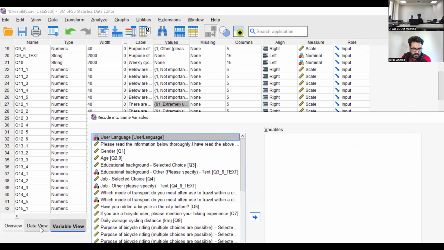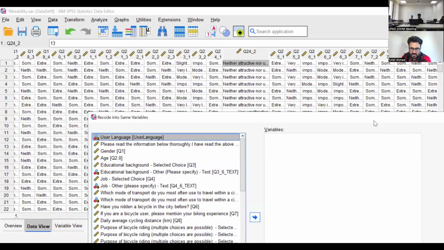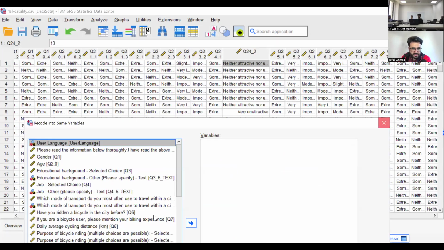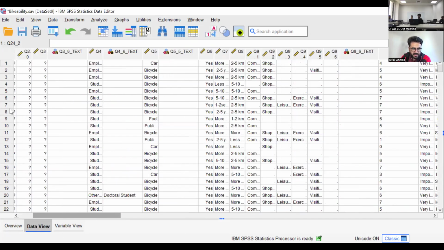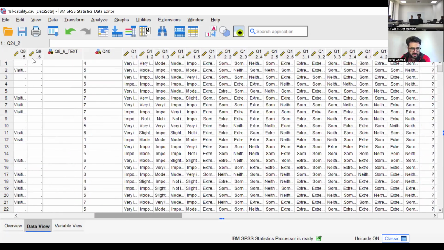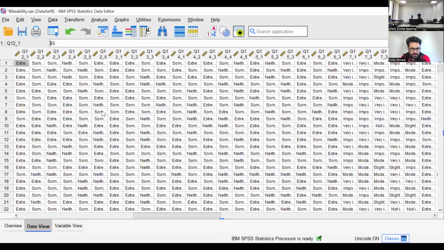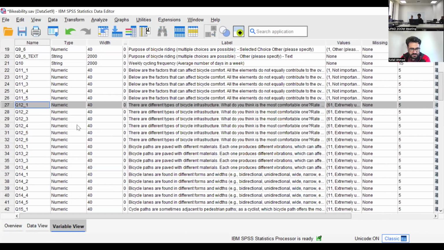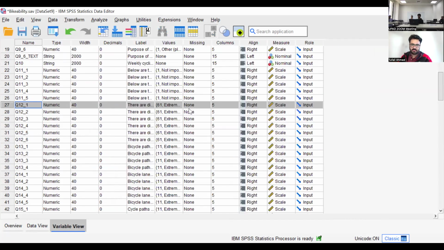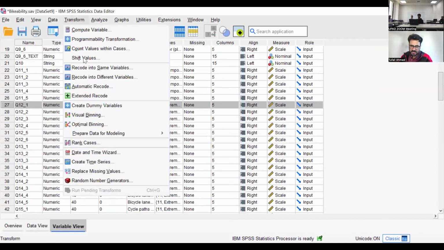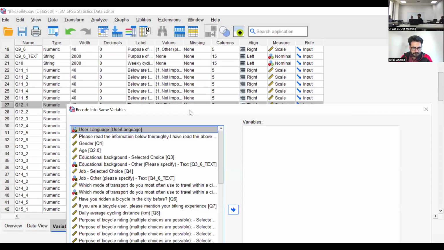I will go to data view and see what label I used. Just give me a second. I can double click it and it will appear in the data view. Okay, so: rate each of them. Just to make sure that I'm transforming the right variable, recode into same variable.